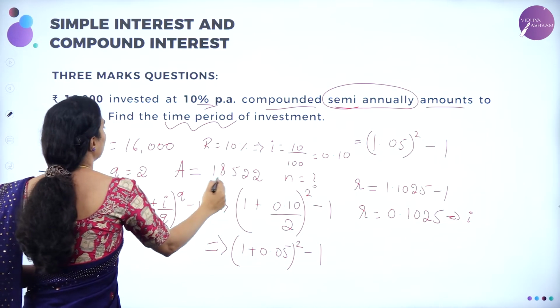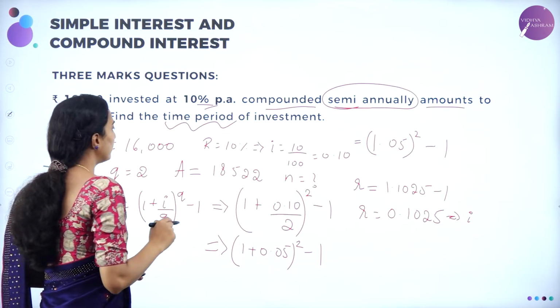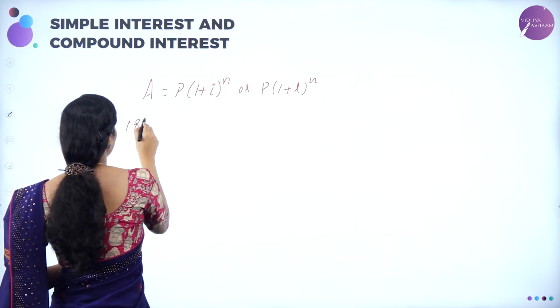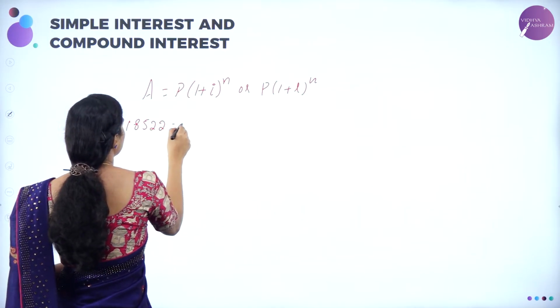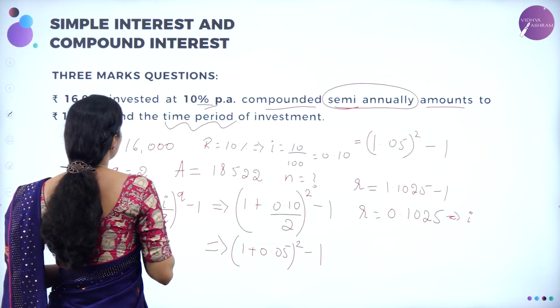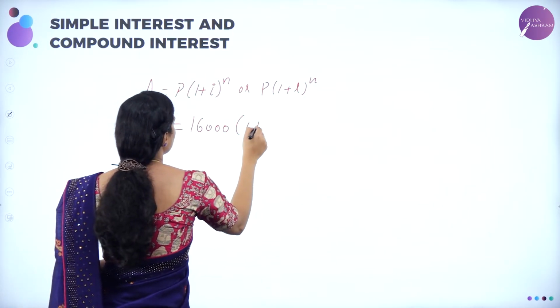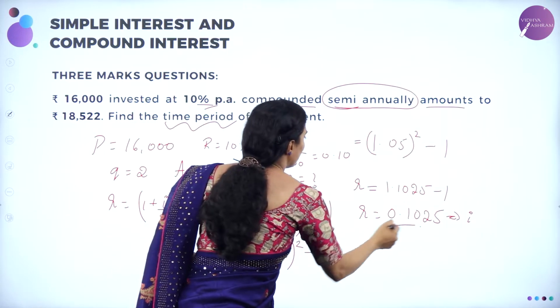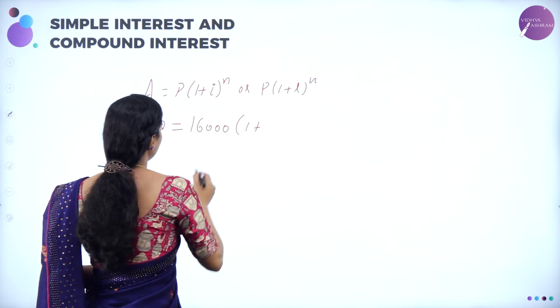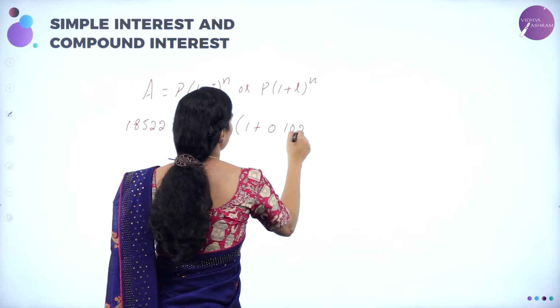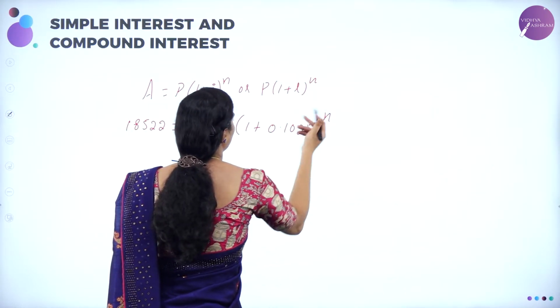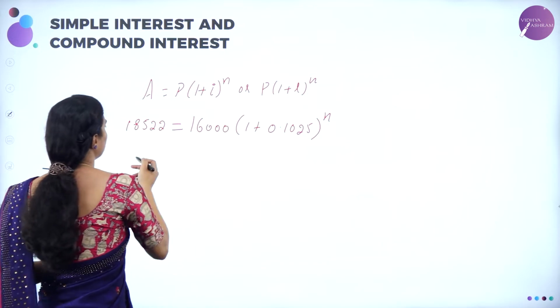A is 18,522. 18,522 is equal to P, which is 16,000, into 1 plus I, this one 0.1025, to the power of N, we don't know. Let me calculate this by